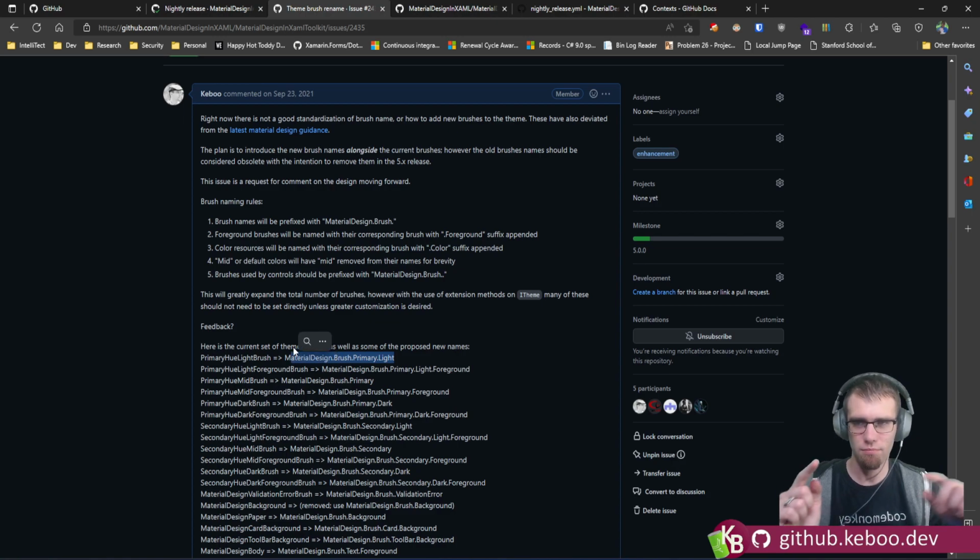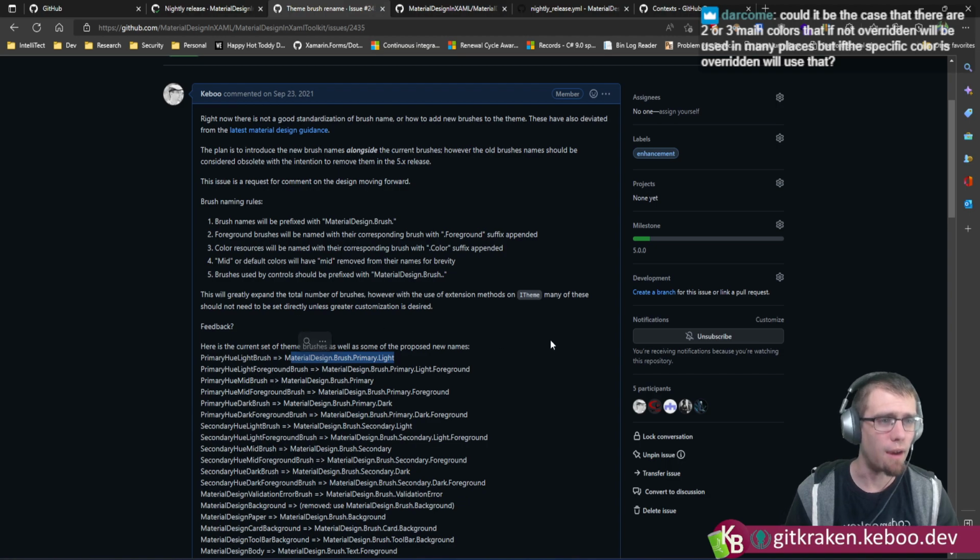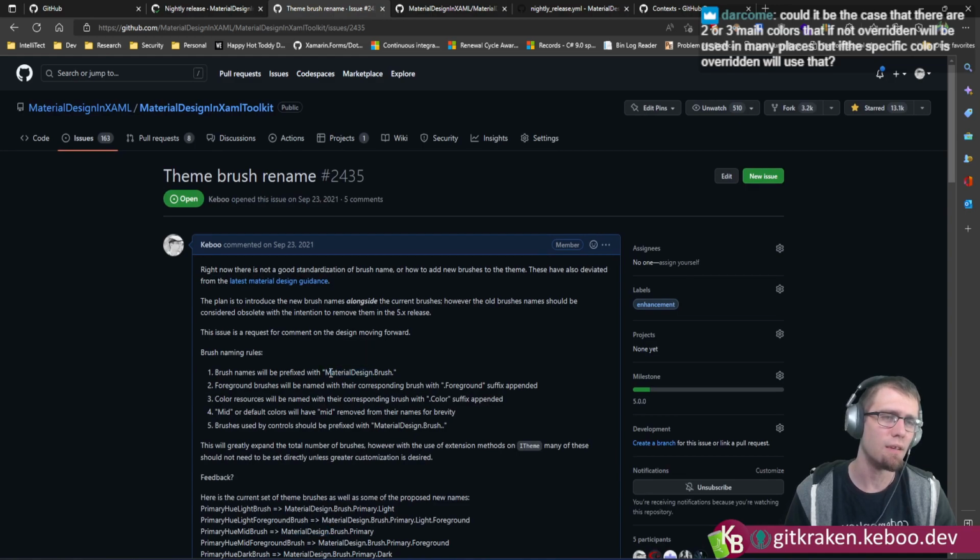So I have to gen before the XAML compile in order to make that work. But I've got a branch of a proof of concept of that working. The other thing I want to do is take another look at the